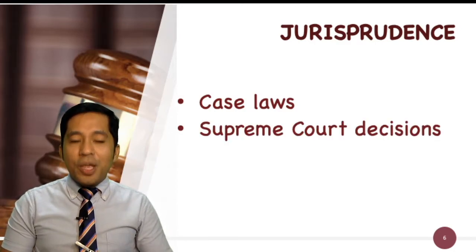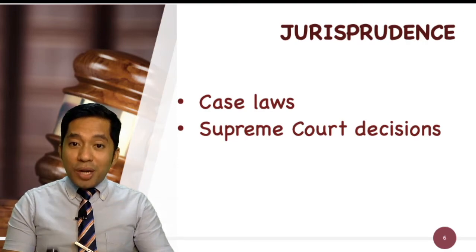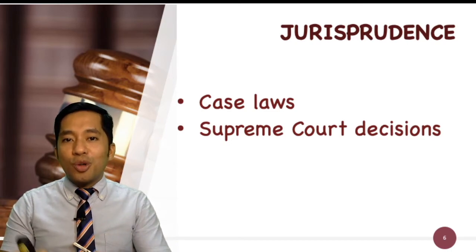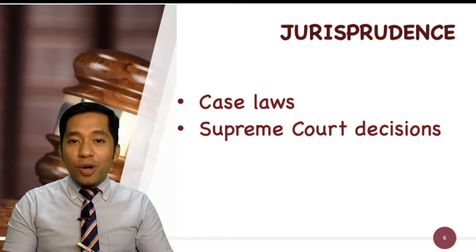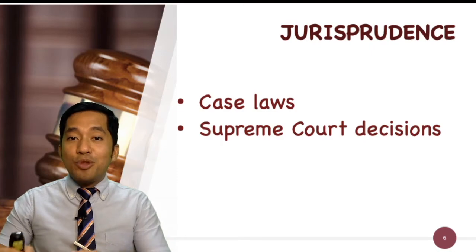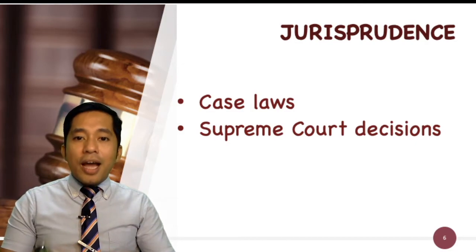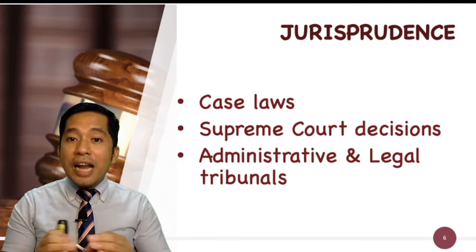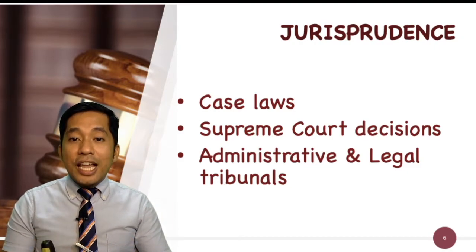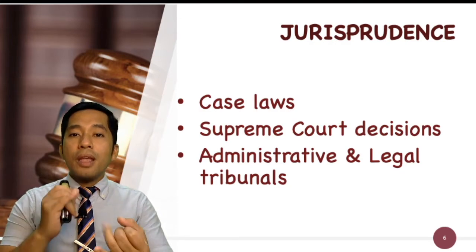by the Supreme Court. Remember that when we talk about jurisprudence, we only consider the Supreme Court decisions, not the lower court decisions. Why don't we consider the lower court decisions? Because lower court decisions can be appealed up to the Supreme Court, and Supreme Court decisions are considered final. Now, let me remind everybody that when we talk about jurisprudence, they are not just the decided cases. These can also include the rulings by the administrative and legal tribunals, such as the presidential, the Senate, or the